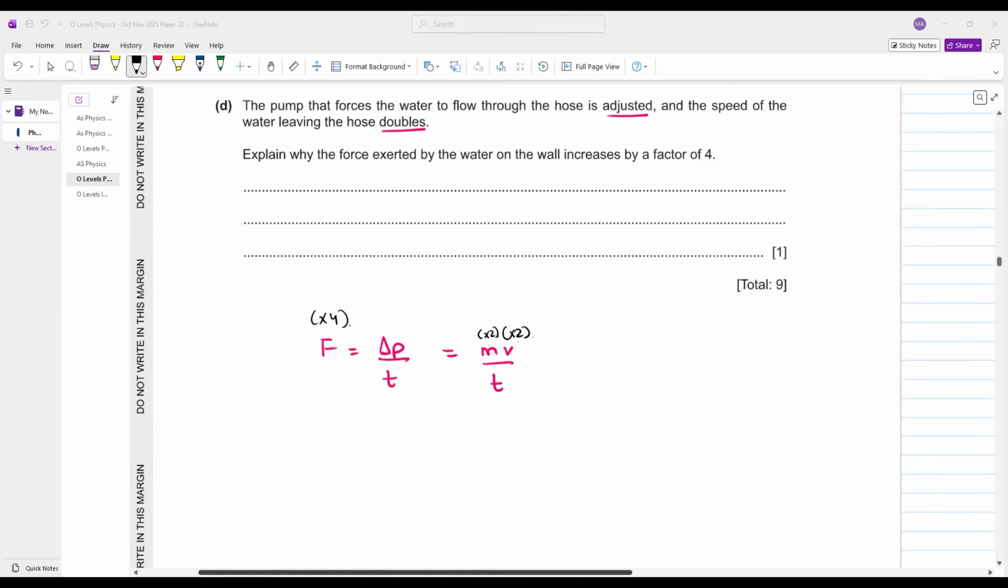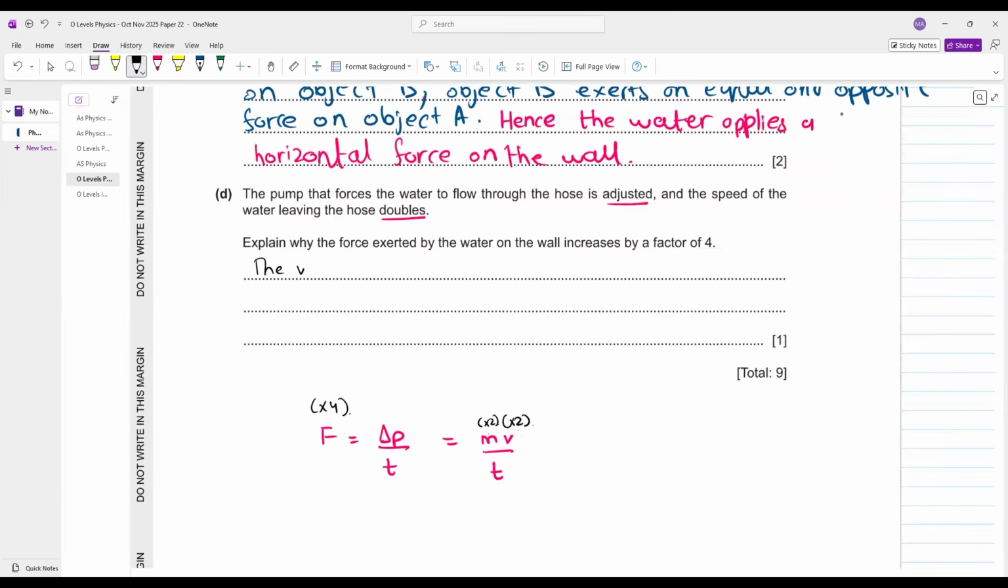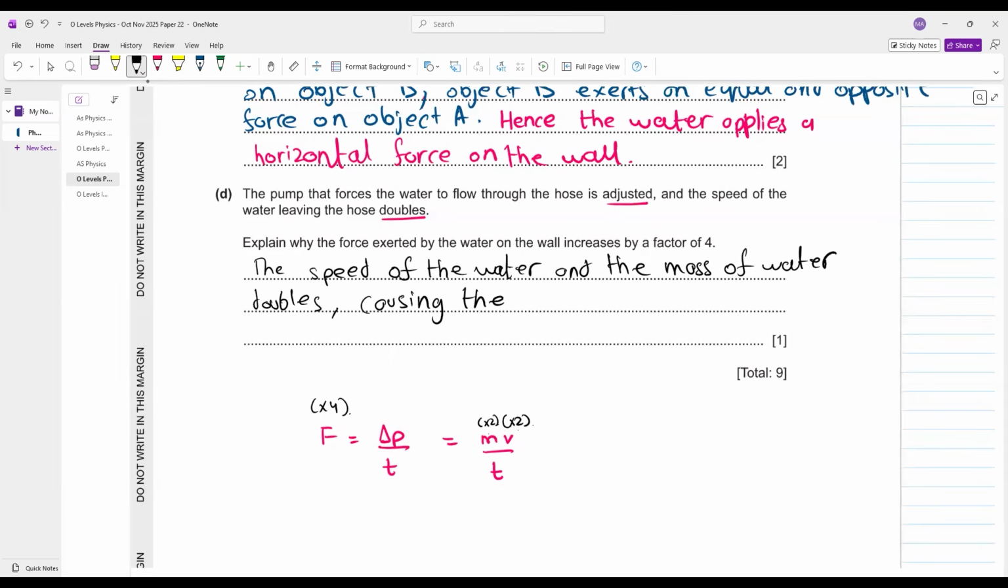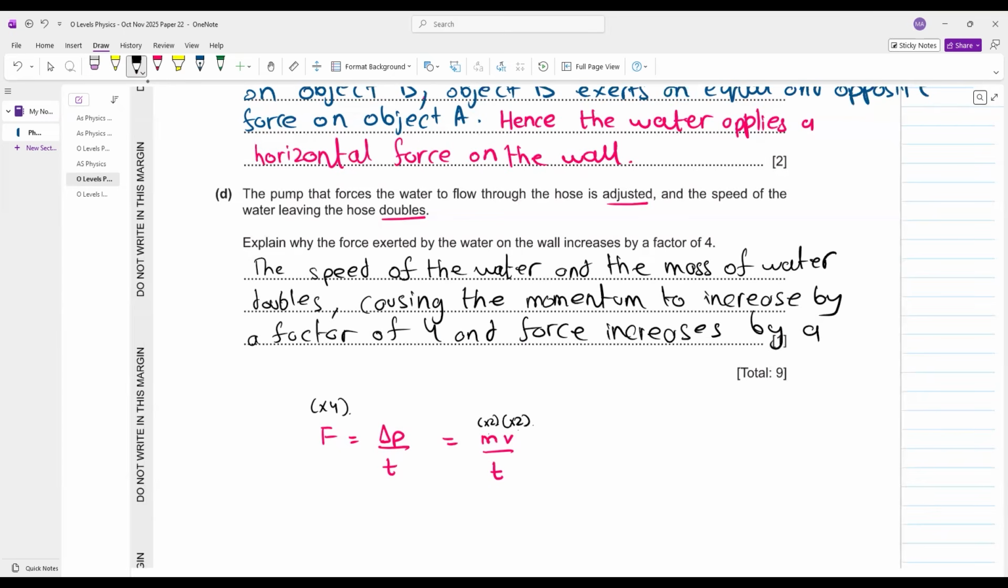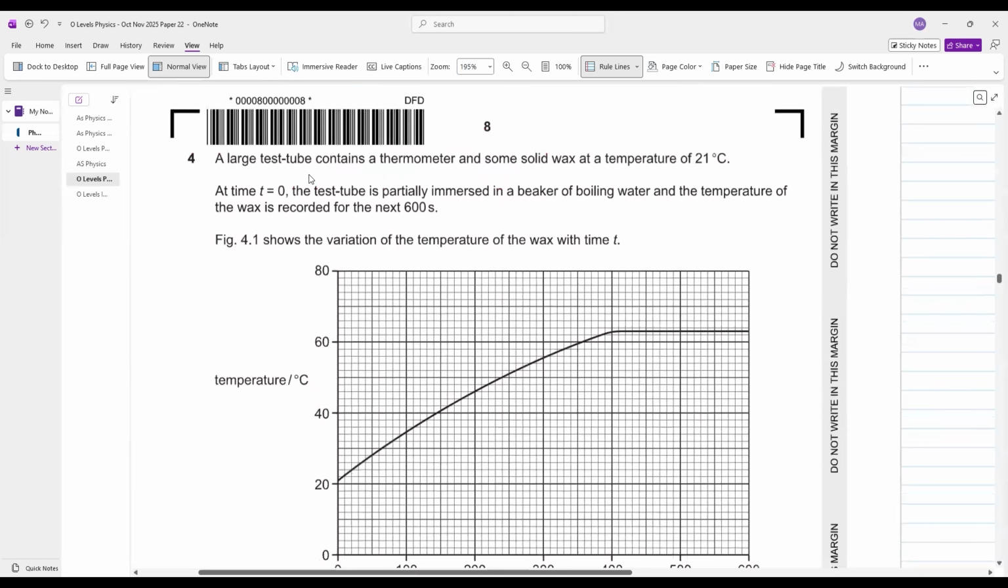तो यहाँ पे आप क्या लिखोगे? यू विल से, the velocity or the speed of the water and the mass of water doubles, causing the momentum to increase by a factor of 4 and force increases by a factor of 4। Simple, easy। आगे बढ़ते हैं।